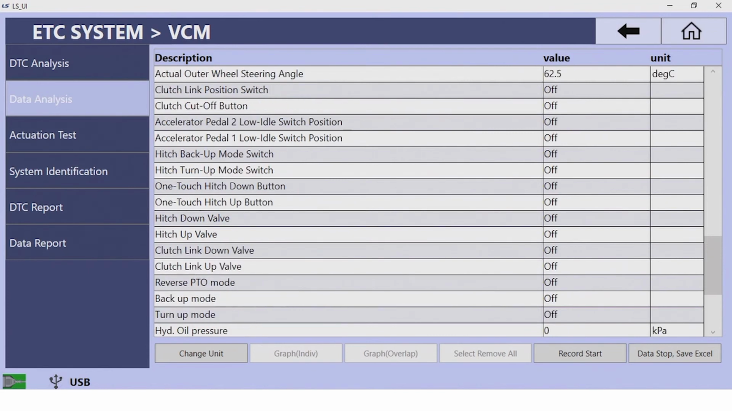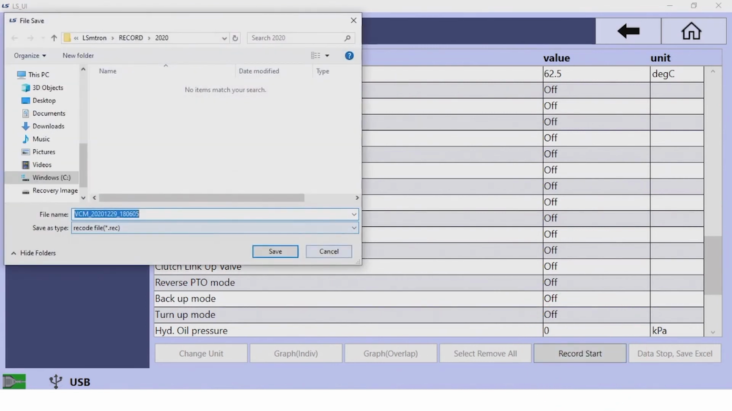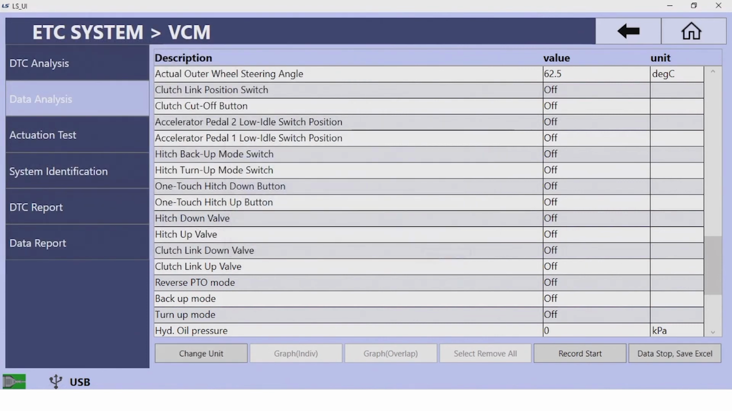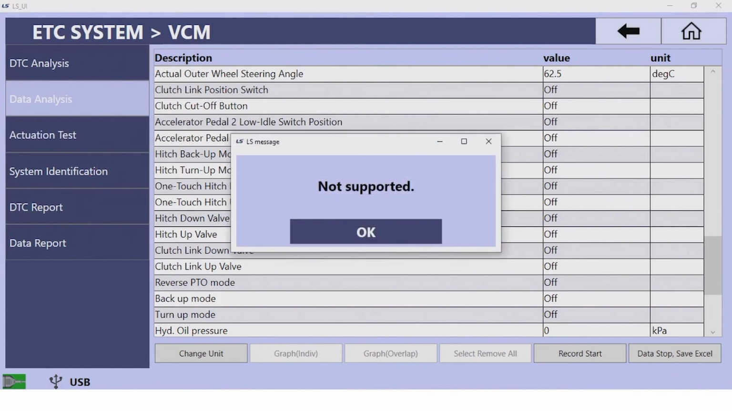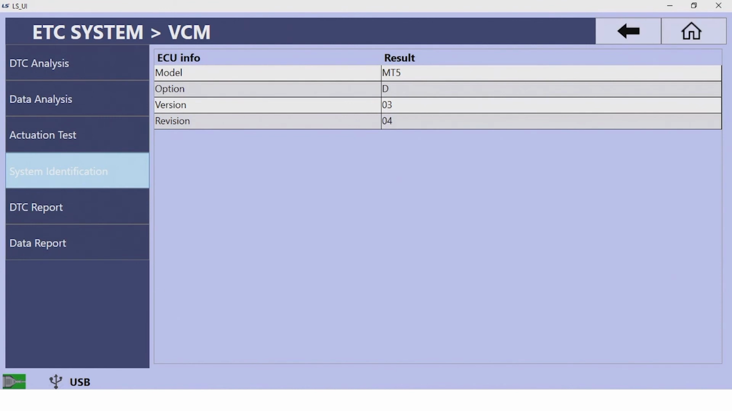You can choose to record this data during test driving. Once complete, you will just choose Record Stop and save the file for later use. Next, you will have the actuation test screen, which is not supported on the VCM. Followed by the system identification screen, where you will see important information regarding the VCM as the option and version